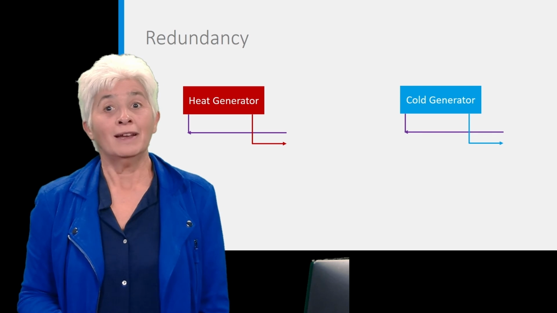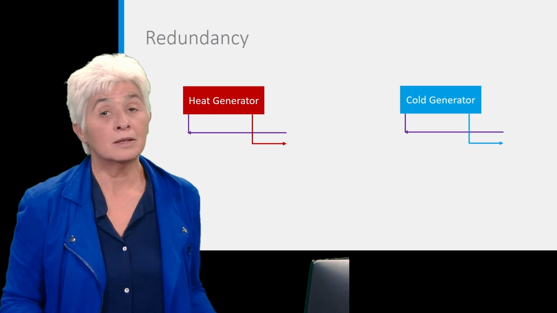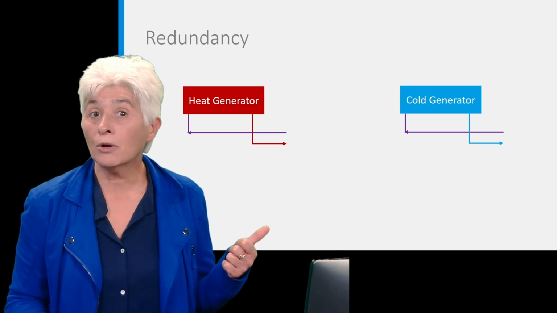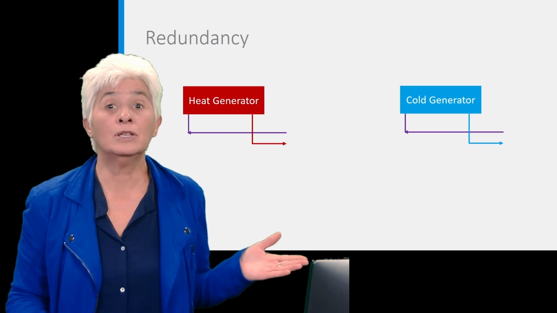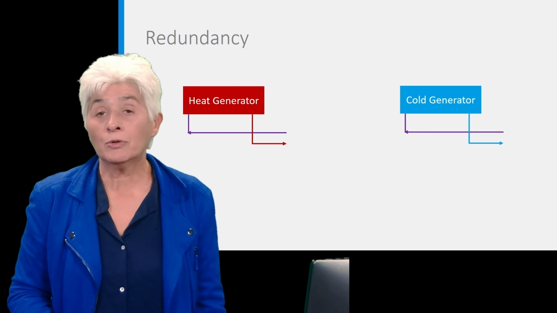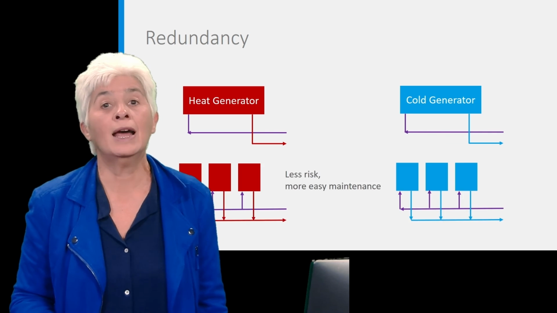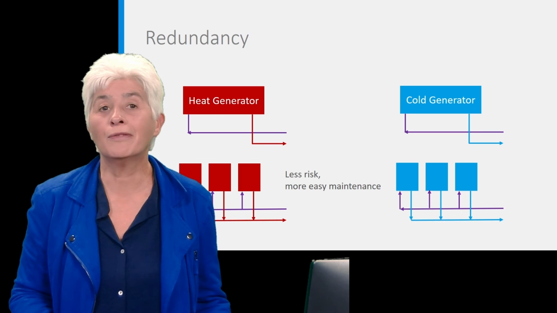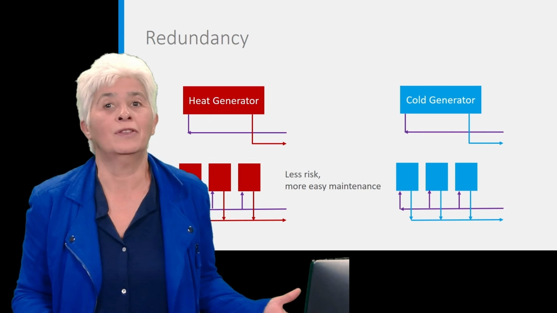When choosing generators, it may also be good to think about failure and maintenance. If there is only one boiler or chiller and there is a technical failure, then there is no heating or cooling at all in the building. If the total load is divided between more generators, it is likely that at least a few of them keep working and that they do not fail all simultaneously.